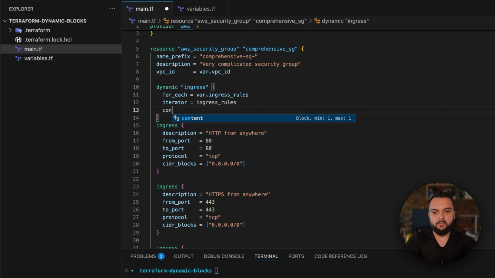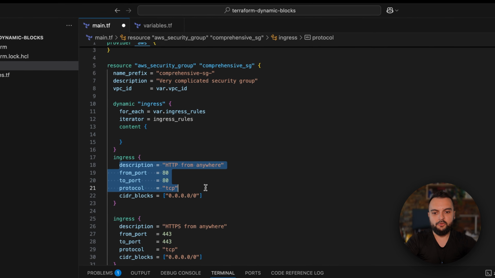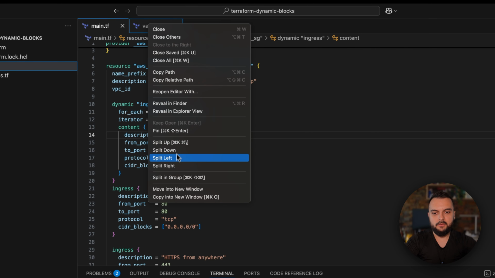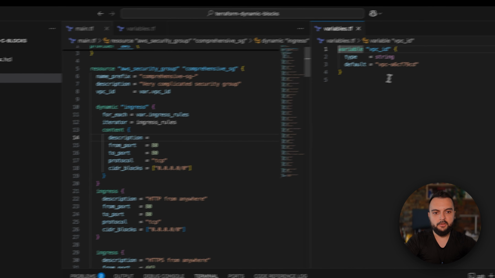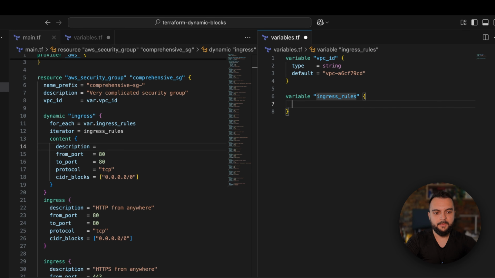And inside of this block, you'll also have a content. And in the content, you'll just repeat the parameters that you have in here. So let's actually define the variable for the ingress block. This will be variable ingress rules, and let's say this is a map of object, and it has a